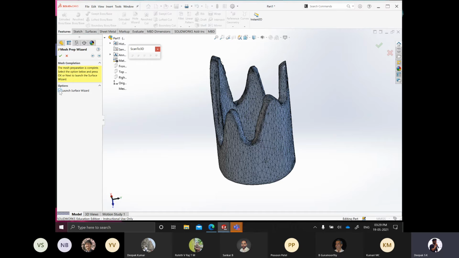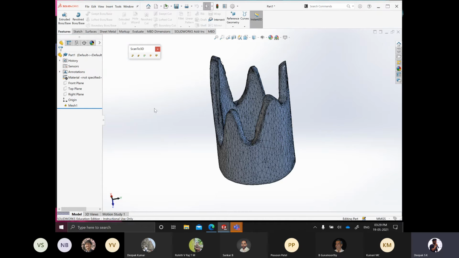So what you do is uncheck the launch surface wizard. Then you click OK, and SolidWorks saves whatever you have done so far, and this cannot be taken back. Once you have deleted some cloud point data in the name of abstraction, the points are gone. But the cloud point data, that is the PLY file which you have, will be originally saved, which you can use later.